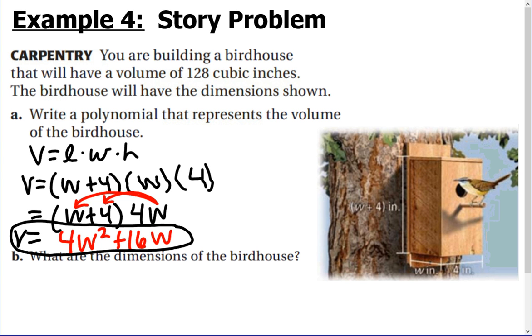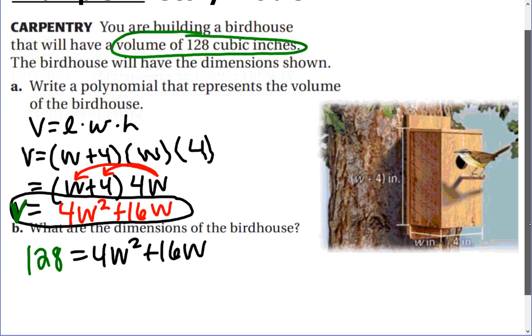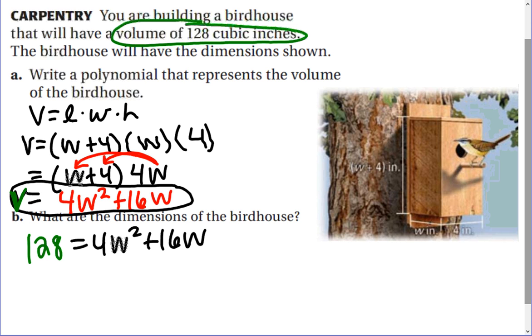Okay. Well, in order to solve for W, I have to know what V is. So if you go back up to the problem, they told us that the volume is 128 cubic inches. So I'm going to plug that in for V here, 128 for the volume, and that equals 4W squared plus 16W. That's what the volume equals. So now we almost have this trinomial that we can solve. We just need it to be set equal to 0. So let's subtract the 128 and put it on this side. So now we have 0 equals